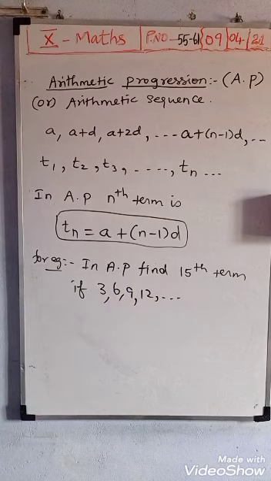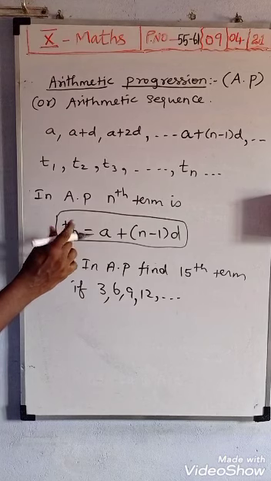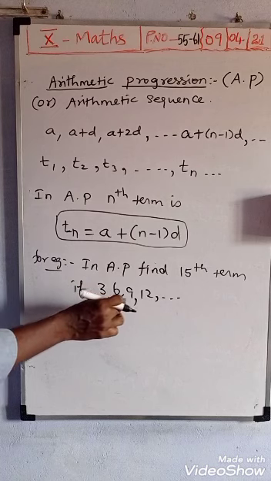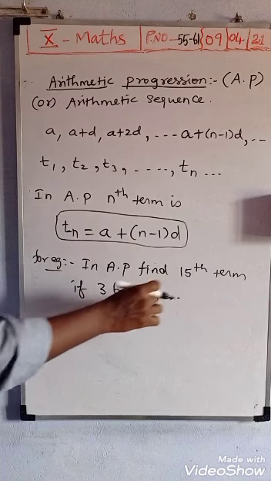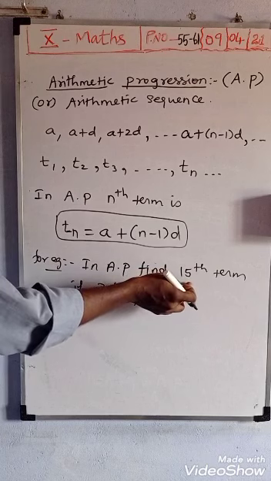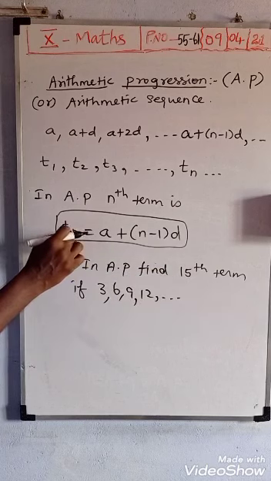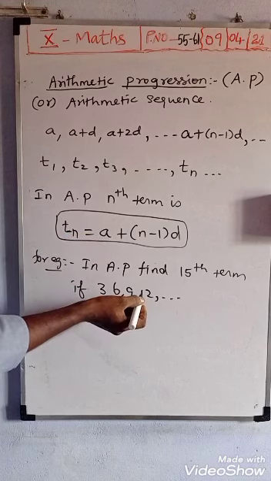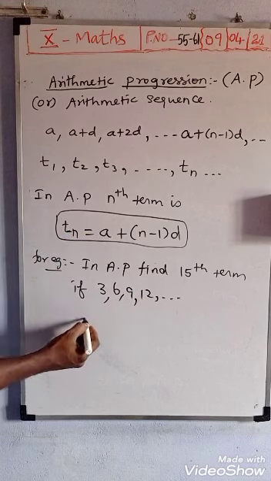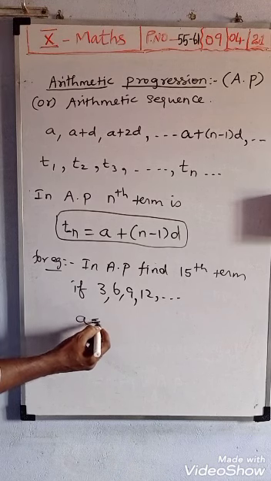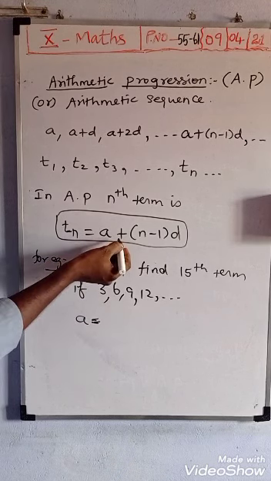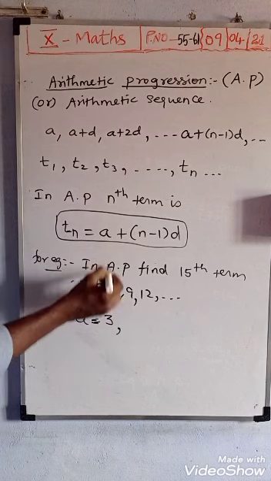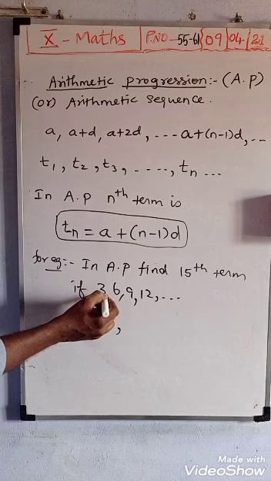Question asks for the 15th term, so actually this is n. N means which term. Here already the first term T1, T2, T3, T4, up to 4 terms are there. The question asks to find T15. How do we find the 15th term? With the help of this formula we will receive the 15th term. So see, first what do we want to find here? A, because Tn is equal to a plus n minus 1 into d. So here a is 3, the first term. Always the first term is called a. So a is equal to 3.